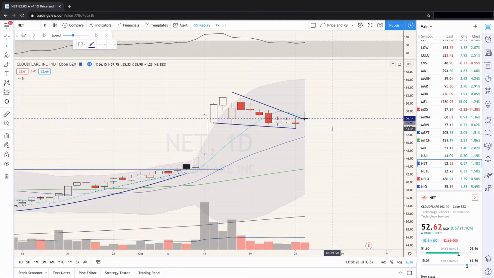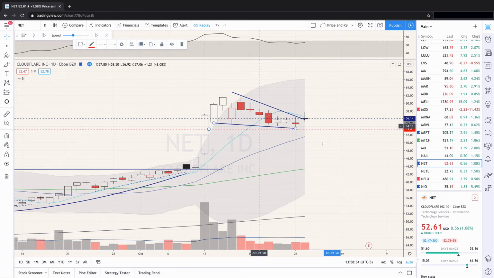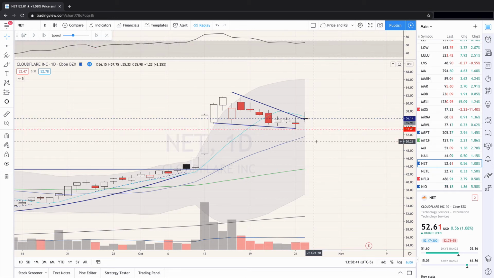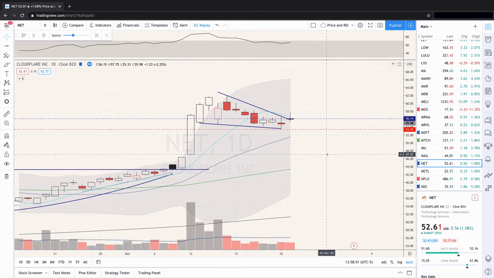Where do you want to be out? You want to be out below this consolidation level. So you can place a stop right here. That makes perfect sense. Let's call it 53.40. So if price moves below this level, you want to be out of this trade because you're looking for a short and quick move up here. You're not looking to be in this and have it consolidate further along and tie up your money for 3 weeks. You're looking to have a quick trade.